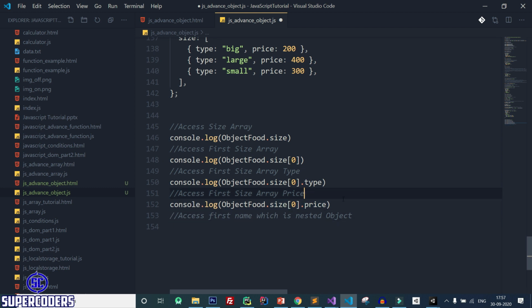So here I write all this in VS Code so you can better understand it for learning.